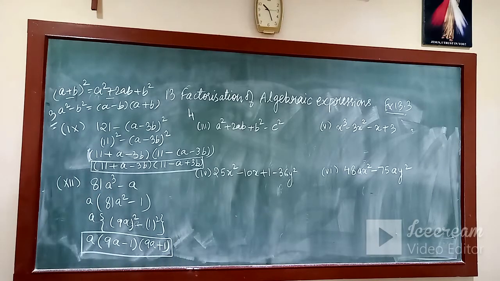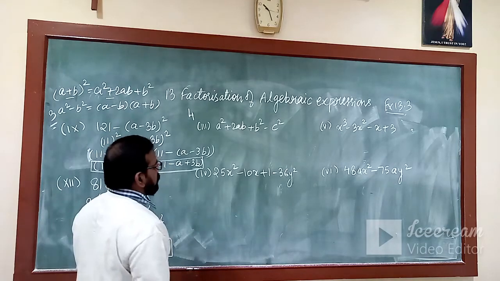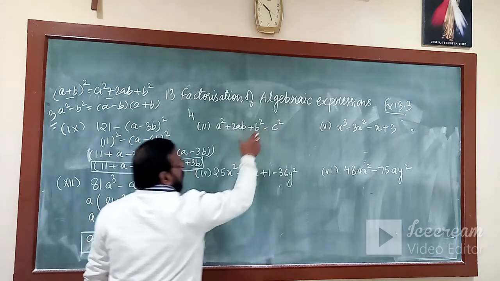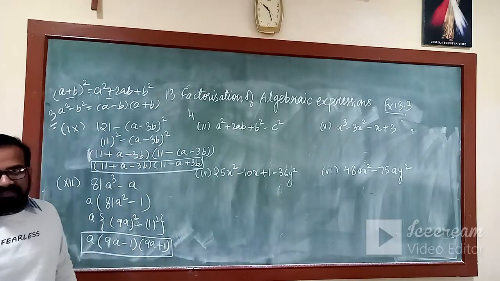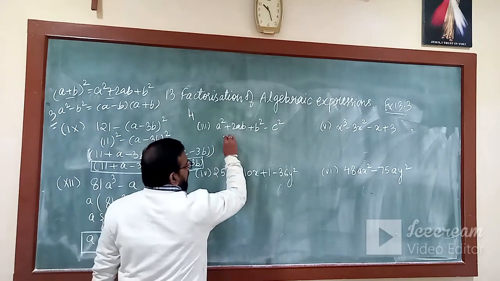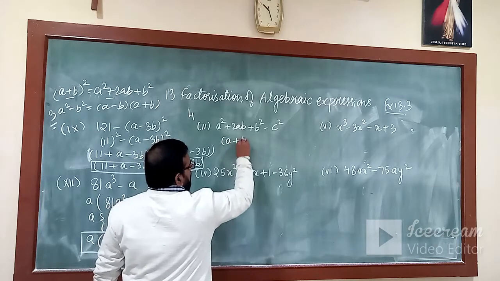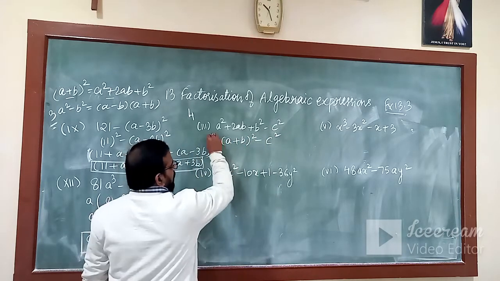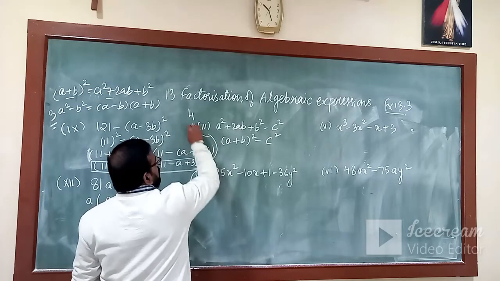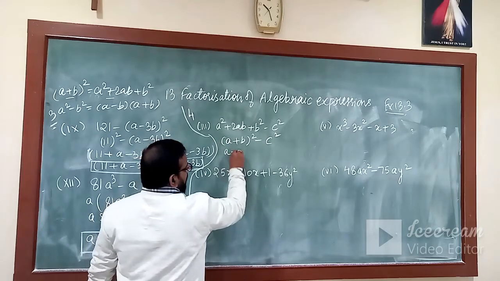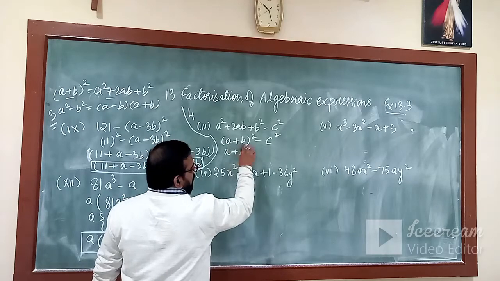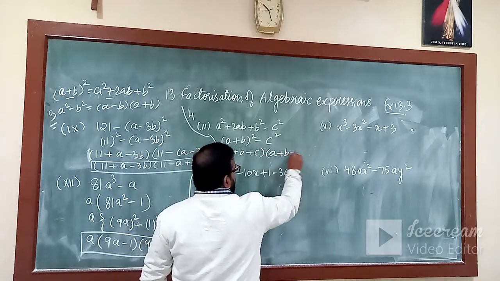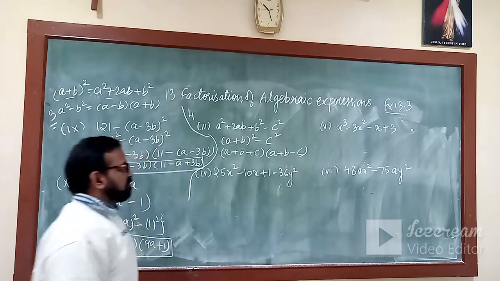Okay, then moving on to the fourth question. See, it is the identity already written in that form that we have studied. So can we write it straight away? A plus b whole square. So here we can easily use that a square minus b square, that is a plus b plus c, and a plus b minus c.